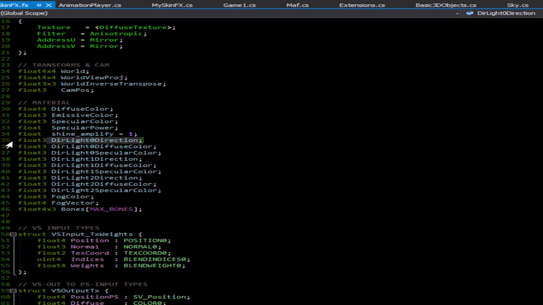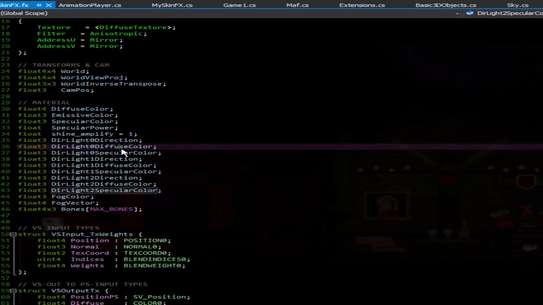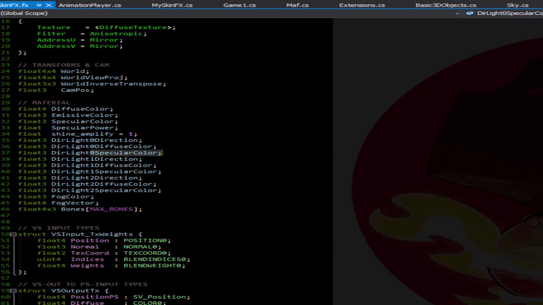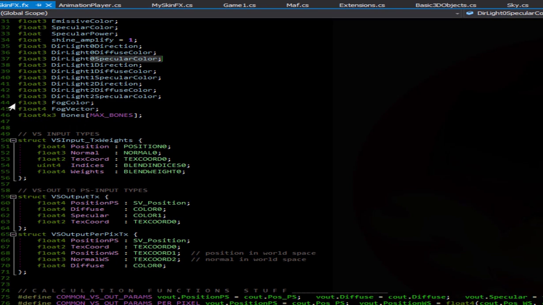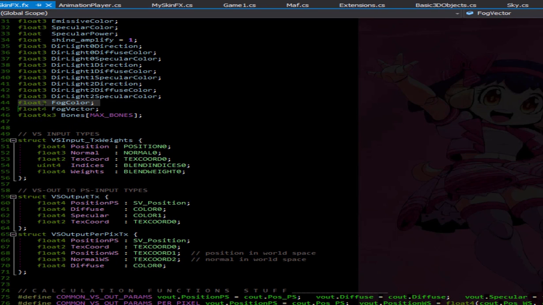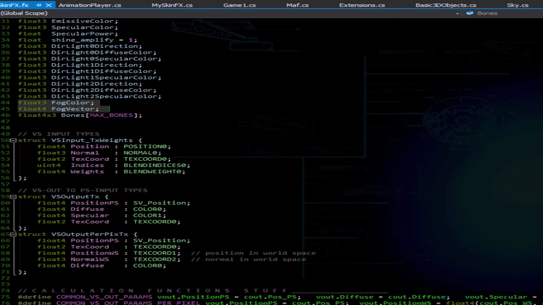Here we got our 3 directional lights, which can have diffuse color, specular color. We'll probably use that yellowish green kind of color for the reflection, and that's because he's in a forest, so it kind of suits the environment. And this is our typical fog stuff. We might not even use that with the character, but we might use it with other characters that are off in the fog. But with the main character, we'd probably select a technique where it's turned off.